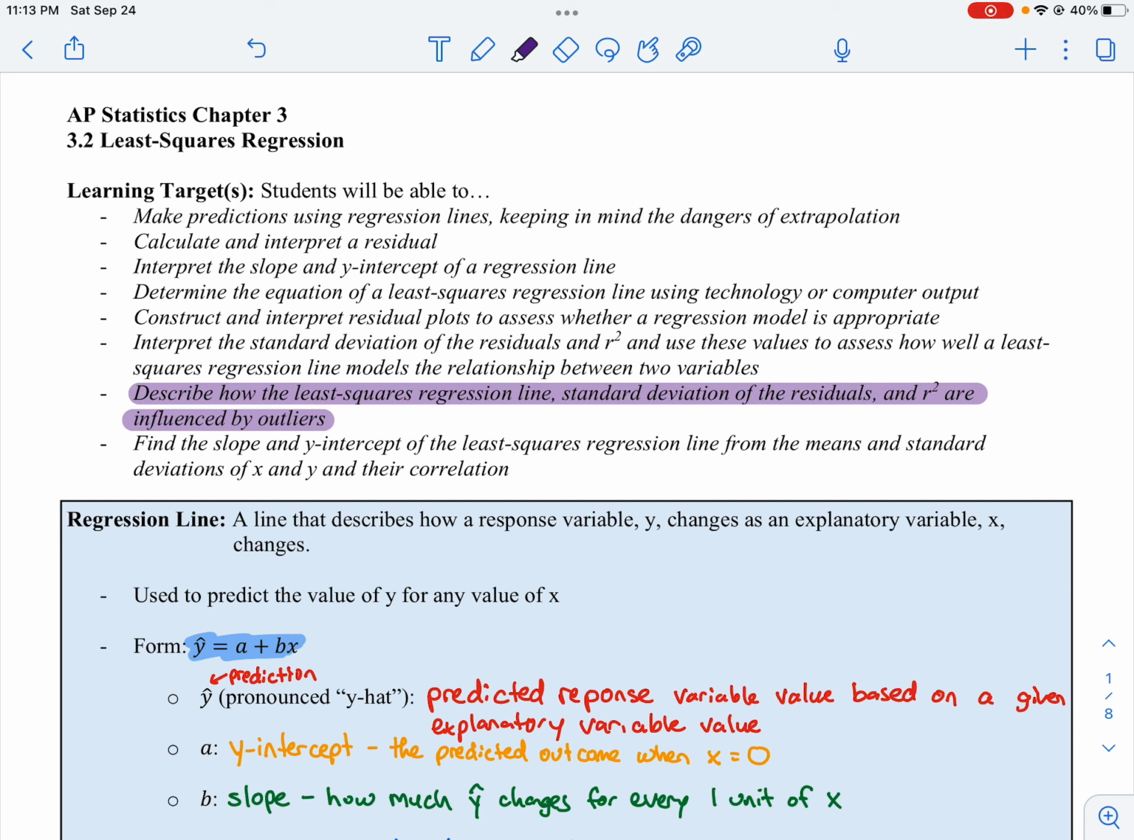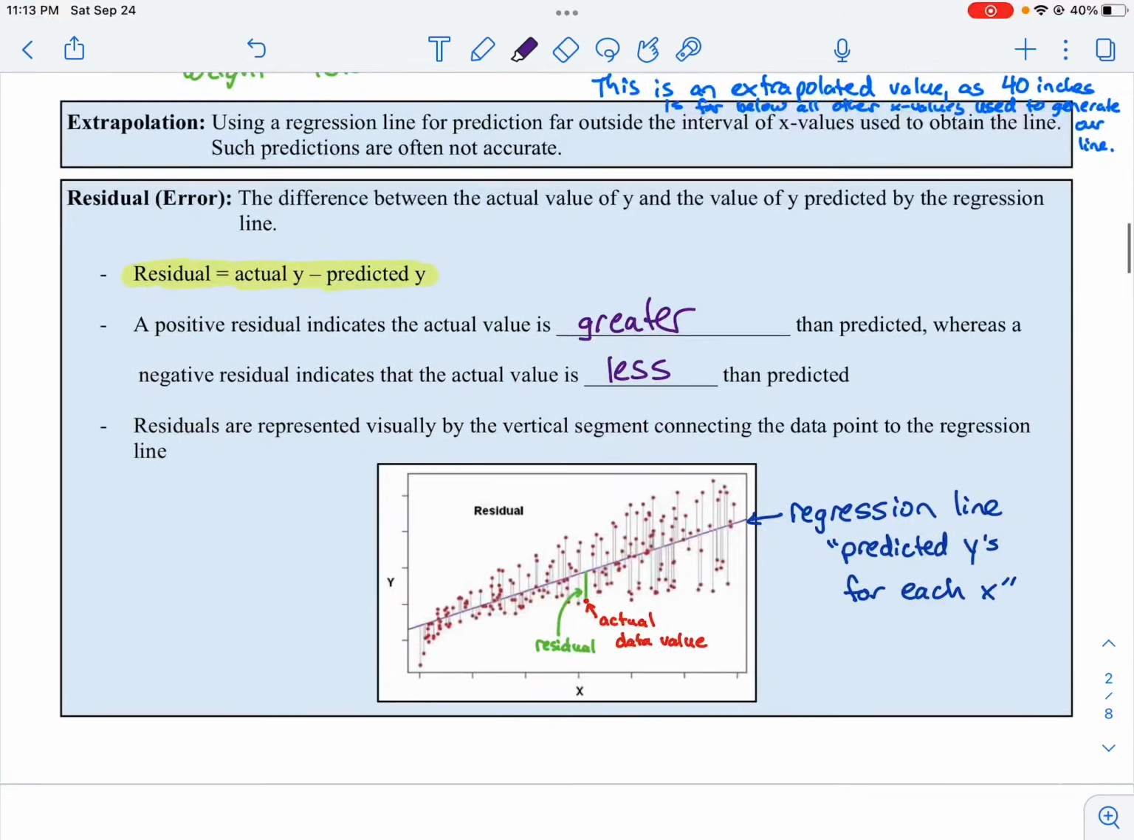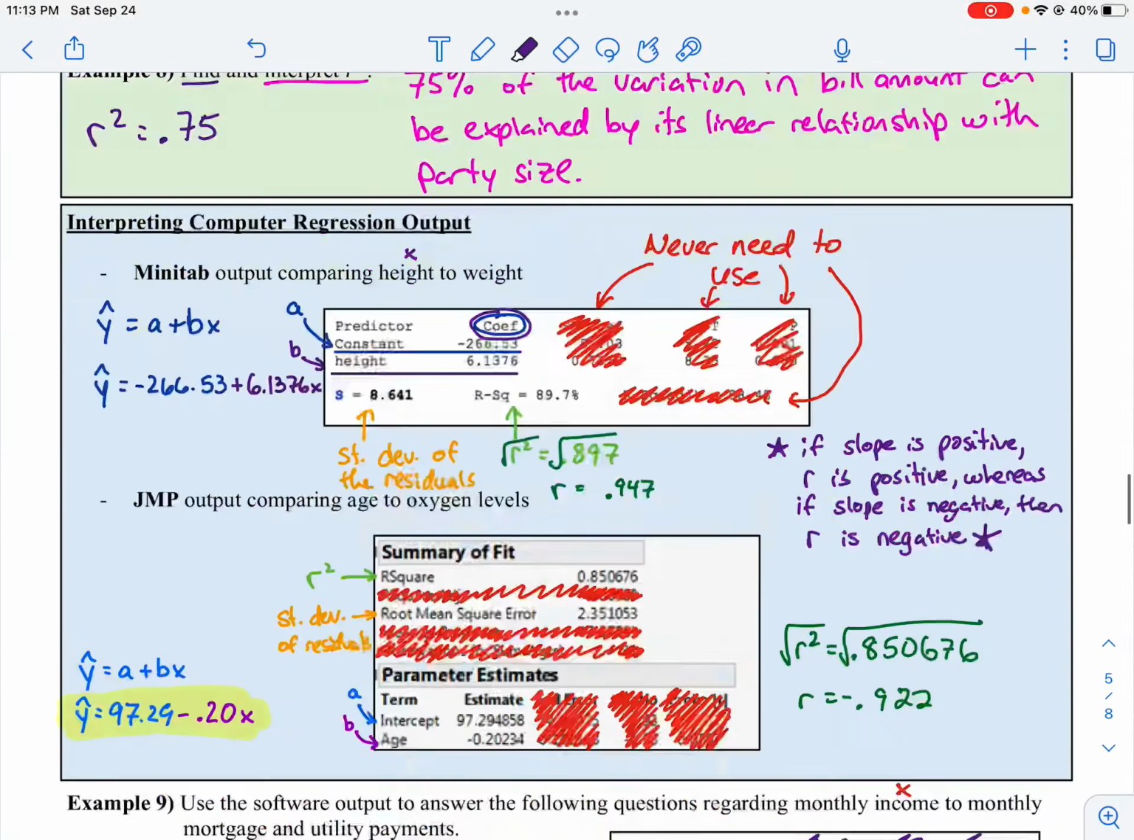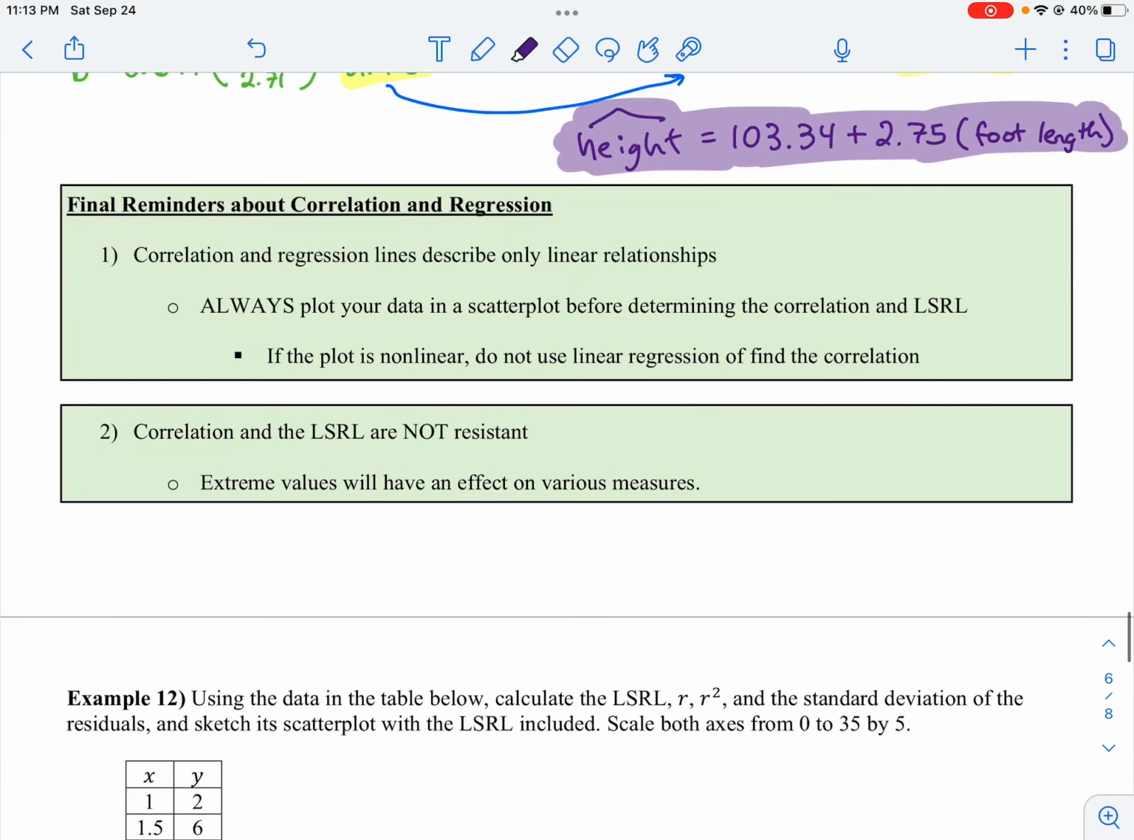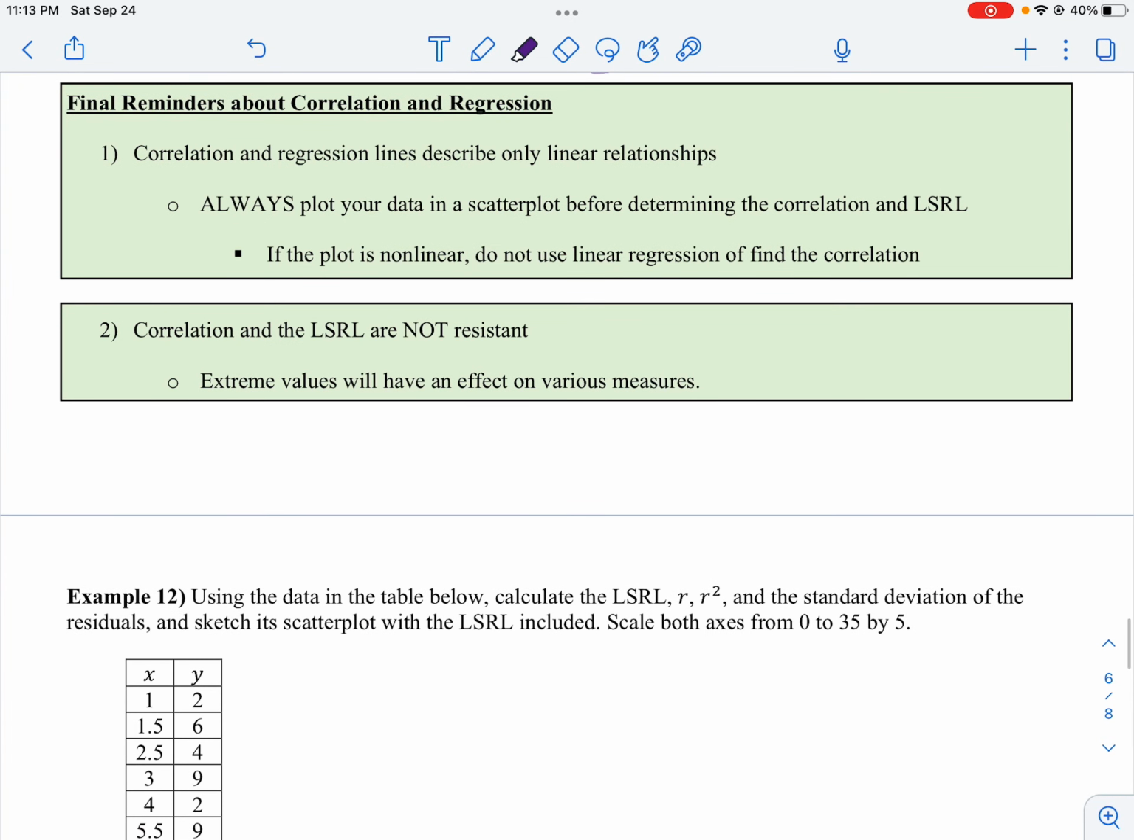But you can see that from the highlighted learning targets, we only have one left to go, and that is to describe how a least squares regression line, the standard deviation of the residuals, and R squared are influenced by outliers. So if we scroll down to our last set of information here, we've got some final reminders about correlation